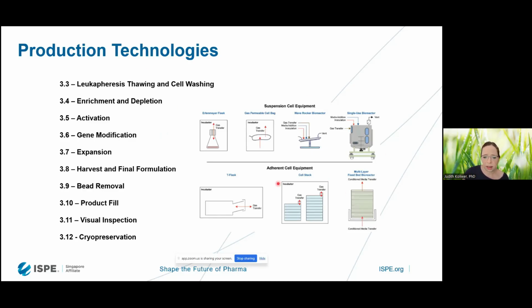And we also see here this diagram on the right side. We have differentiated between suspension and adherent cells. And then, of course, here we would have our T flasks or cell stack, depending on the volume. And then we also have, when it comes to multi-layers, our fixed bed bioreactors or microfluids. And then on the suspension cell equipment, of course, we have our Erlenmeyer flask in different shapes and sizes, where we have gas transfer, our gas permeable cell bag, and then, of course, the wave rocker, where we really just